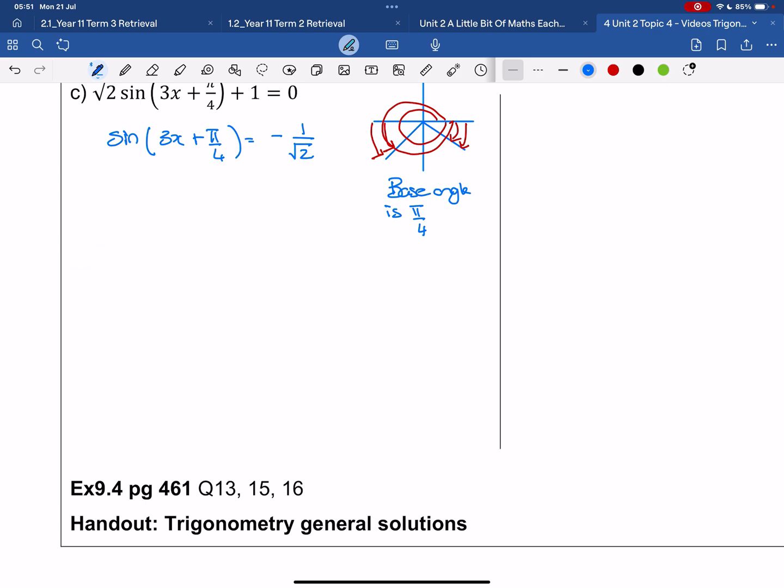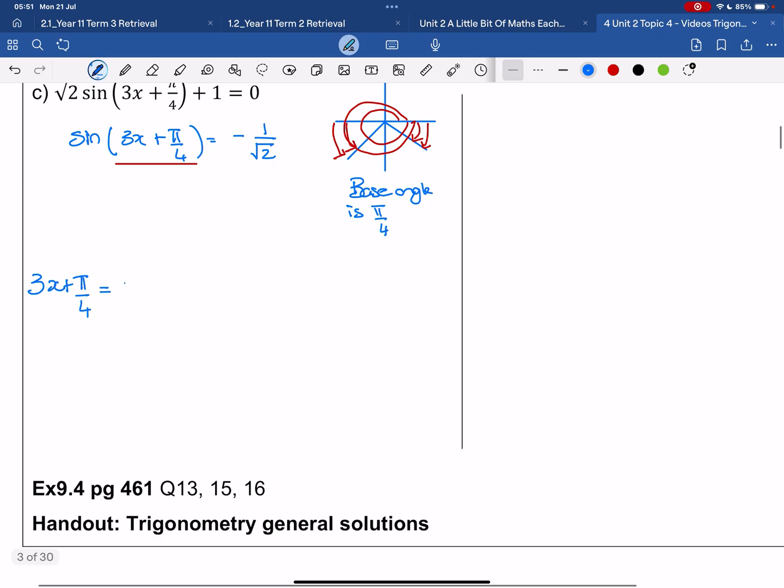Now be careful, because our angle is actually this whole thing inside our brackets. So we're going to have to do a little bit of algebra afterwards. So 3x plus pi on 4 is going to be, okay, we've got pi plus pi on 4, 2 pi minus pi on 4,